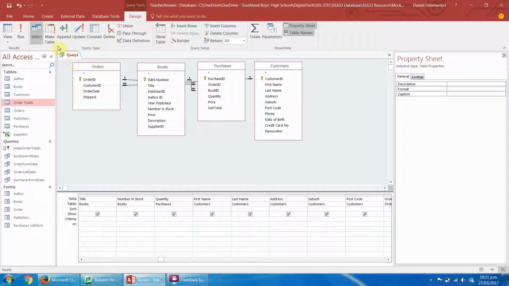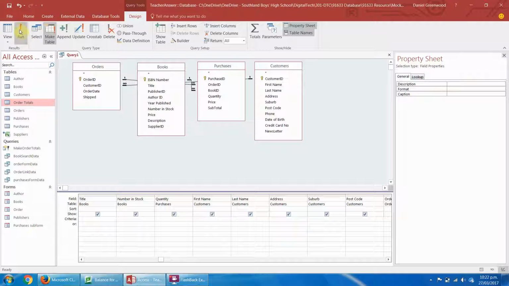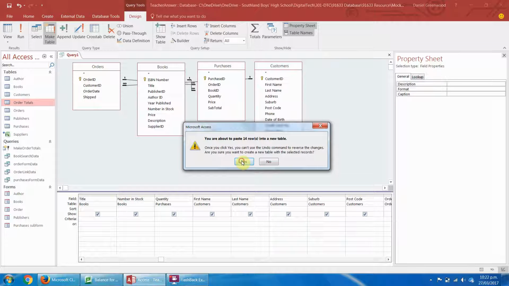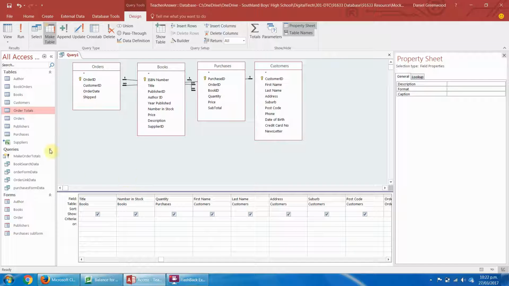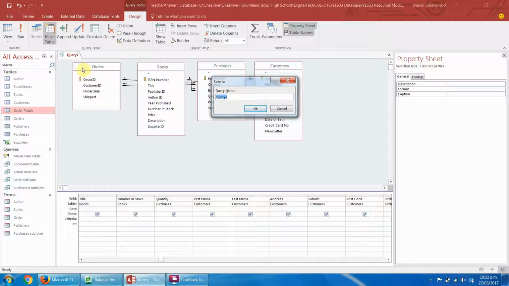Right, so what we're going to do is change this to a make table, because we're going to need this as a table. So we're going to call this book orders. Okay, and we're going to run that. We're going to make it with 14 rows. I'm going to close this then, and I'm going to call this